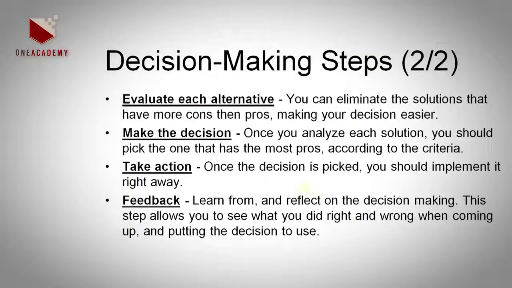Next is criteria formulation, a standard or test by which the outcomes may be compared and judged. Develop alternatives is the next stage. Coming up with more than one solution enables you to see which one can actually work. Evaluate each alternative. You can eliminate the solutions that have more cons than pros, making your decision easier. Next is the actual decision making. Once you analyze each solution, you should pick the one that has the most pros according to the criteria you